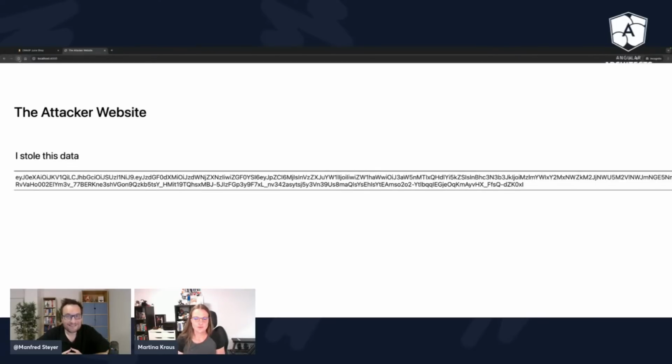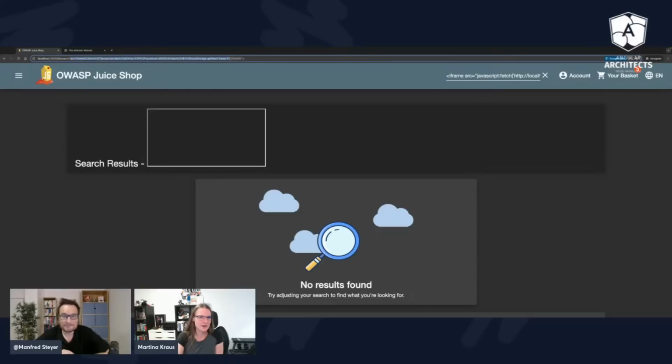Absolutely. So whenever you're trying to figure out where to store a token, you should not consider the local and session storage, since as soon as there is an XSS attack, you can just easily steal the token. And as I mentioned, this URL with this query parameter, I can just easily send around. I mean, Manfred, I know you would never ever click on this URL because you apparently see that inside this query parameter, definitely something really strange is going on.